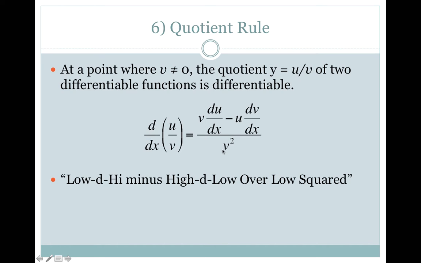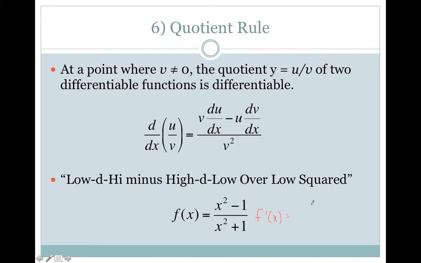Little thing that I remember learning when I was taking calculus was low d high minus high d low over low squared. So it's low, the bottom, times the derivative of the upper, minus the upper times the derivative of the lower, over the lower one squared, the denominator. So given this function here,